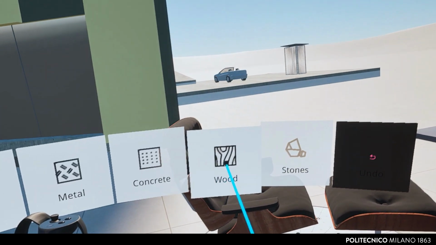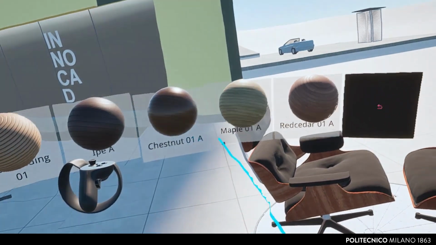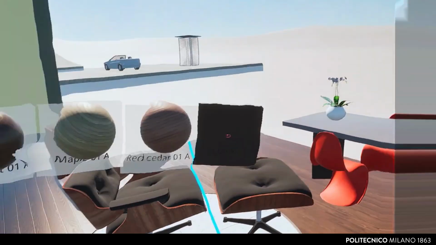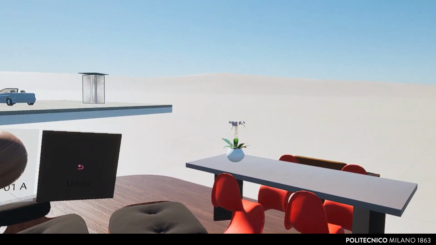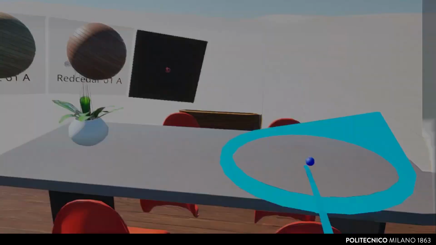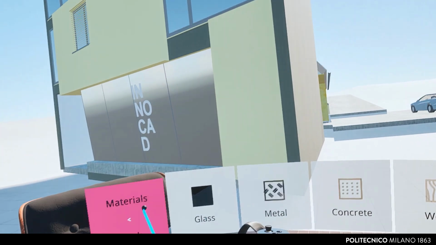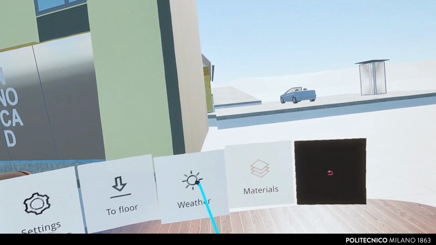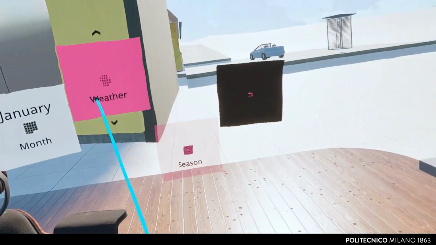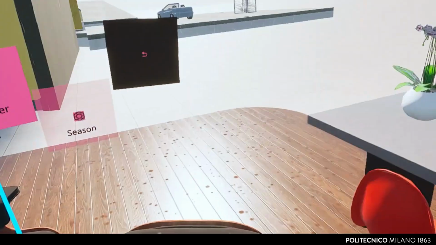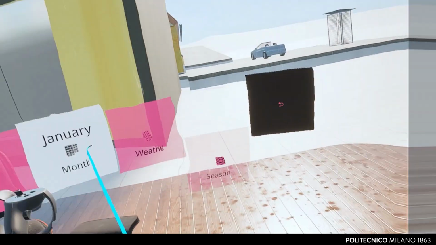Thanks to the real-world scale, we will be able to explore every architectural detail as if we were physically inside the project. In addition, we can easily adjust the lighting, weather, time of day, and materials, all through the intuitive interface of Twinmotion. To do this, we will simply have to press the right controller button on the menu projected to our left, and, based on the command selected, the environment and objects will undergo the desired changes.